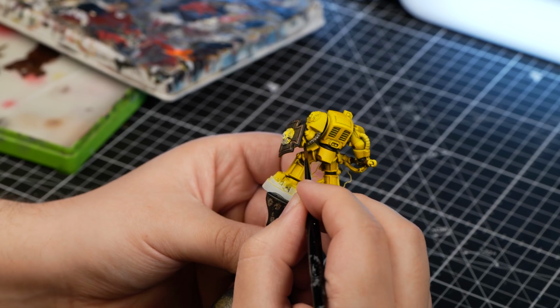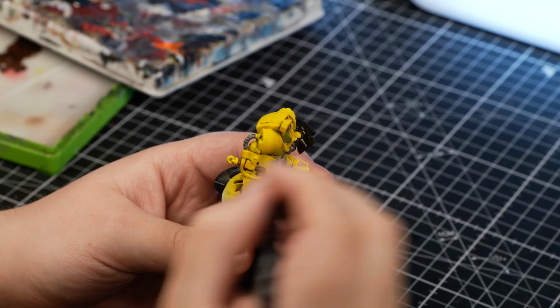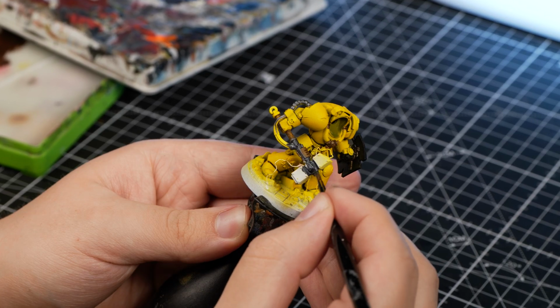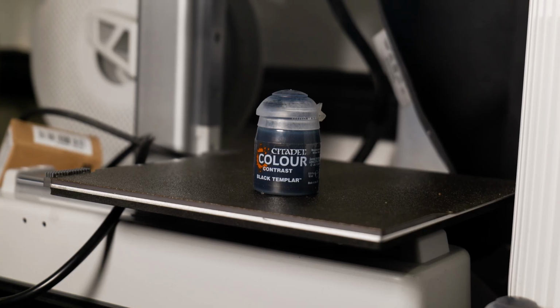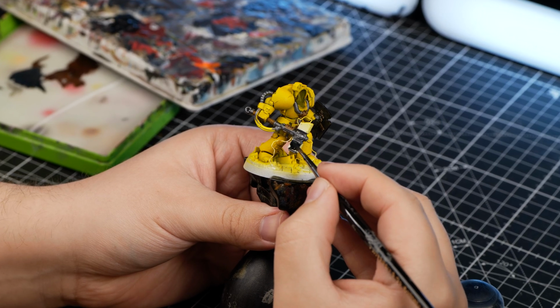And with this we're going to be painting all of the wires, the back vents on the armour, as well as the primary handle of the hammer. And of course, who can forget these lovely front vent tubes. Now for the actual main armor casing on the hammer, I chose to use Black Templar, which is a lovely